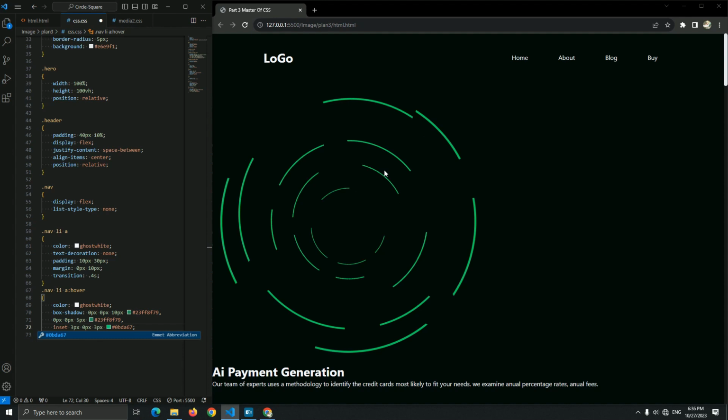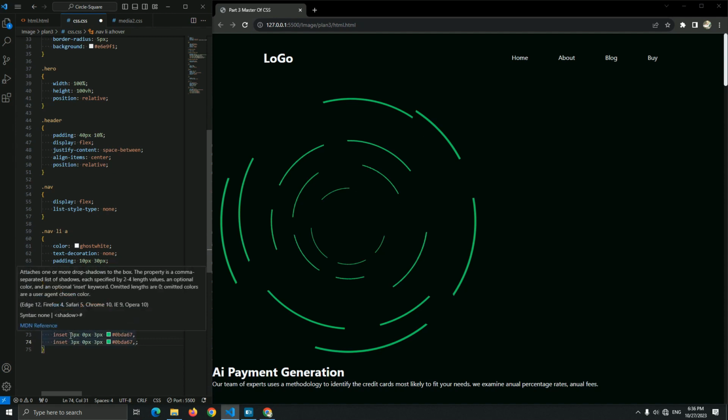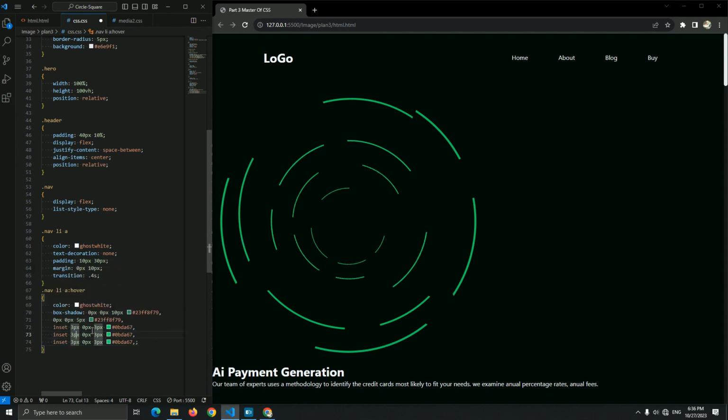And another inset, let me just copy this, guys, and in the next inset I'm going to use -5 pixel, this -5 pixel. Okay, now for another inset, -5 pixel, and this one be 5 pixel.